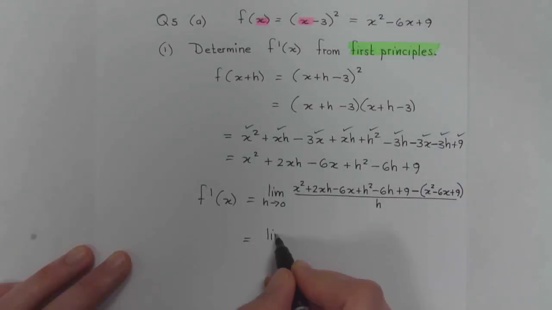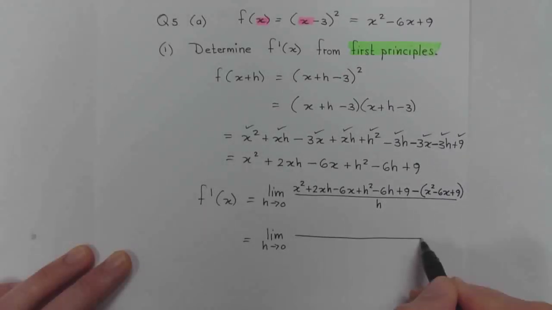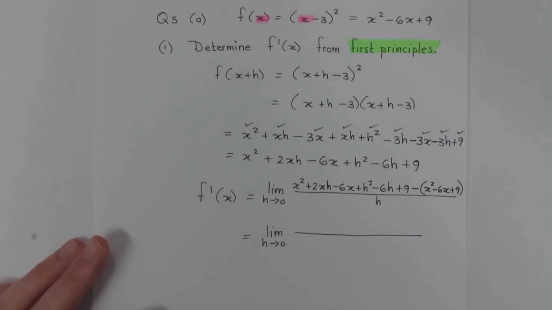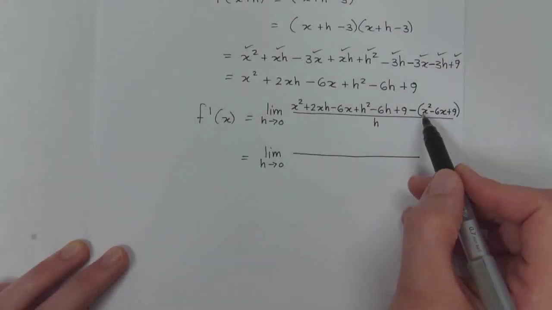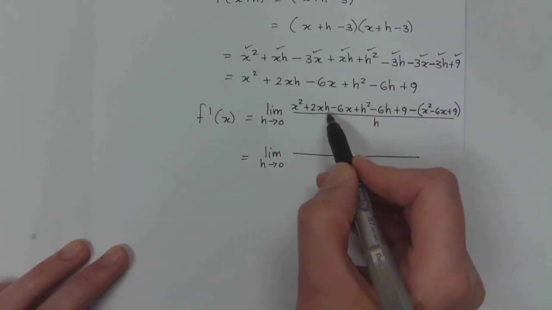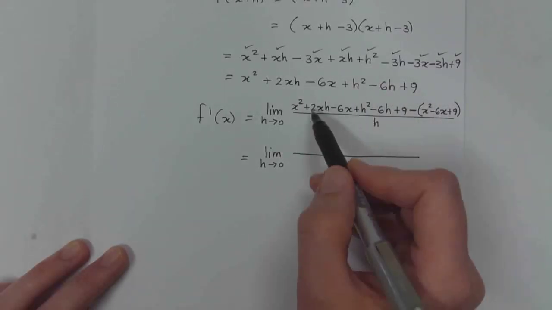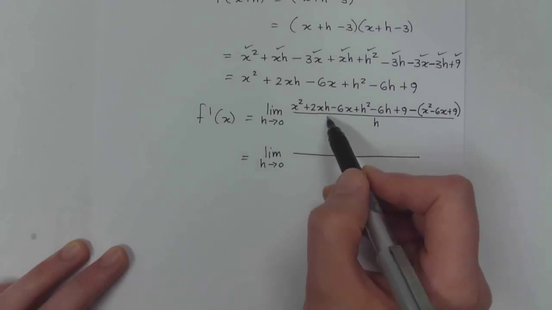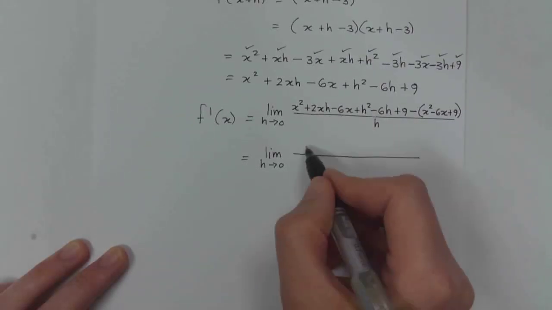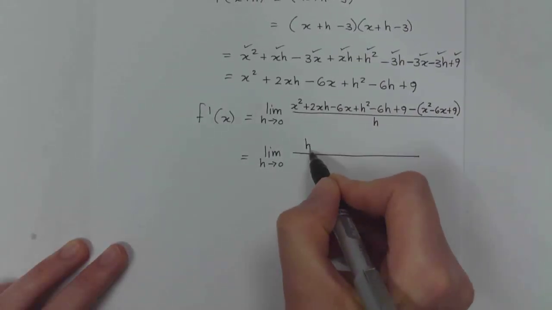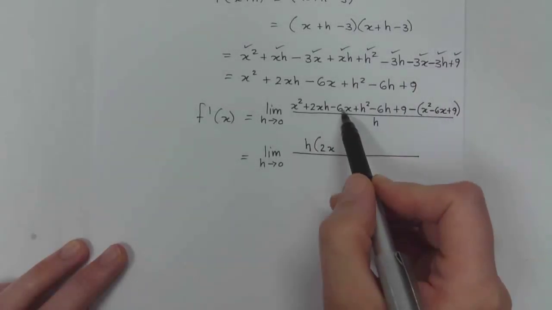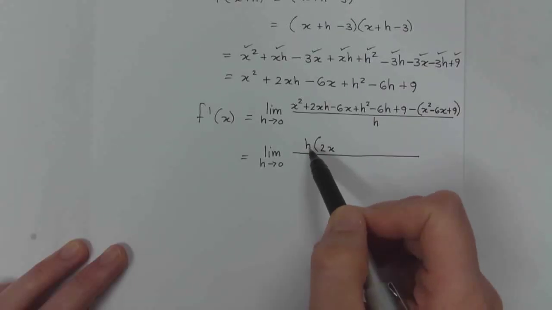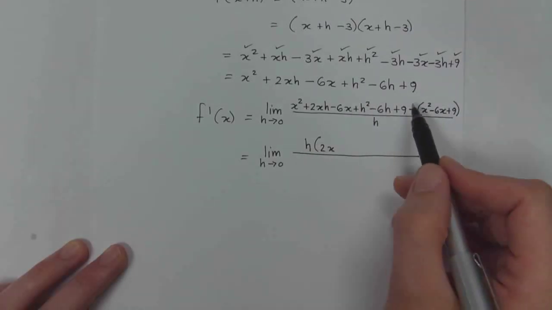So in the next step, we will always have that result where any term that does not have h as a common factor will eliminate. So let's check if this is correct. I've got x squared over there minus x squared over there, so that eliminates. 2xh, that's got a common factor of h. And by the way, you can actually shorten this by immediately taking out the common factor of h. So you can take out the common factor of h and you can say 2x over there. Then I've got minus 6x, which doesn't have that common factor of h, but I've got minus 6x plus 6x,